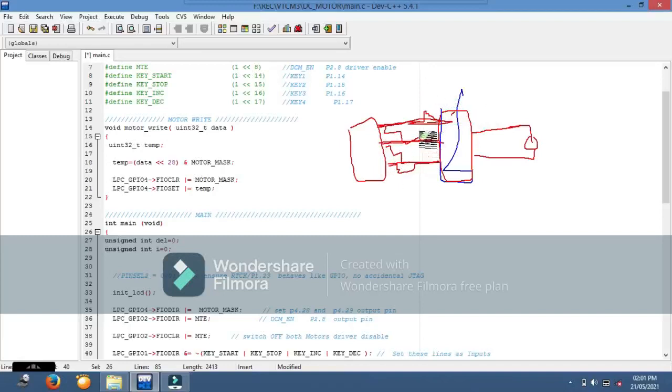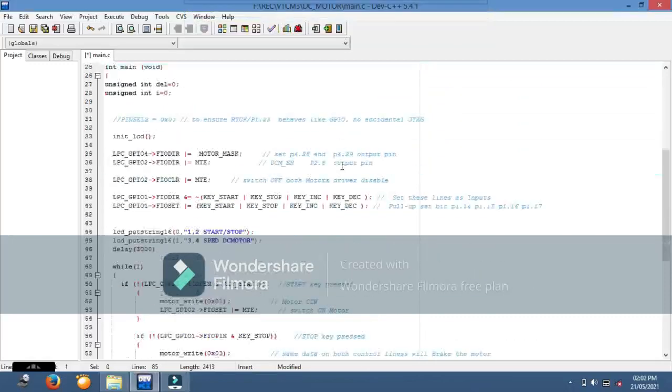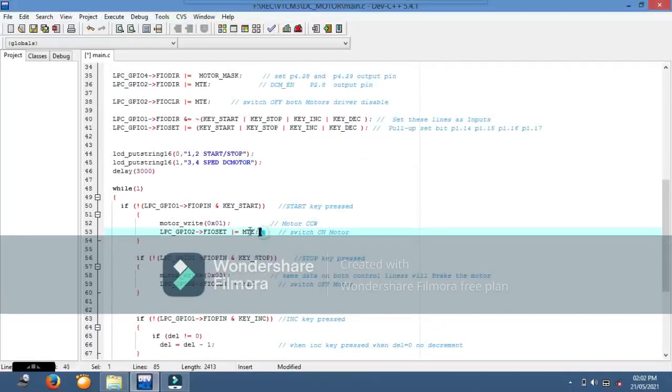This is pin number 4.28, 4.29, and this is pin number 2.8. So what you are doing here is enabling it, sending pin number 2.8 high.